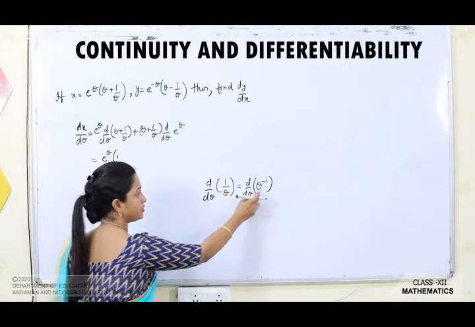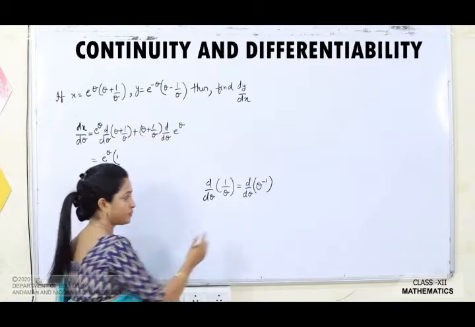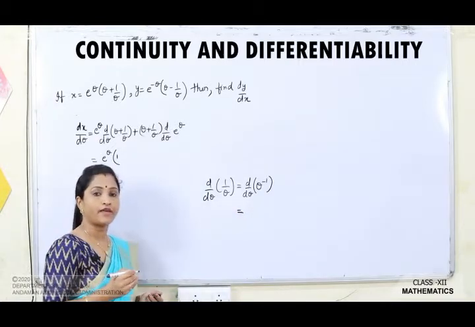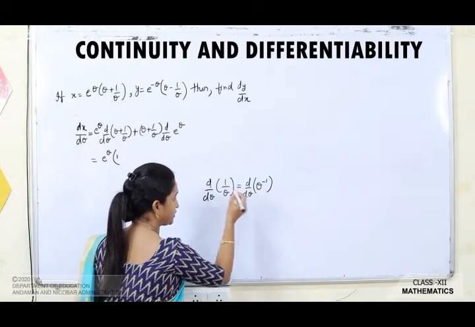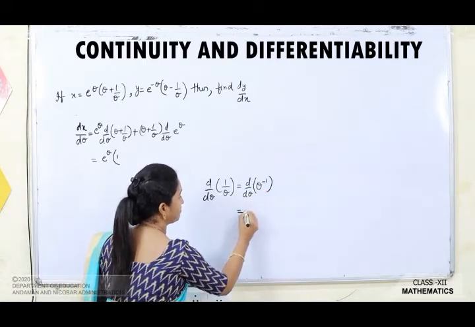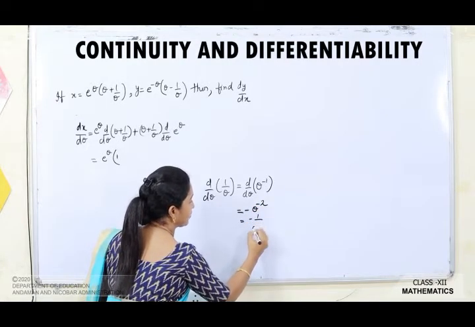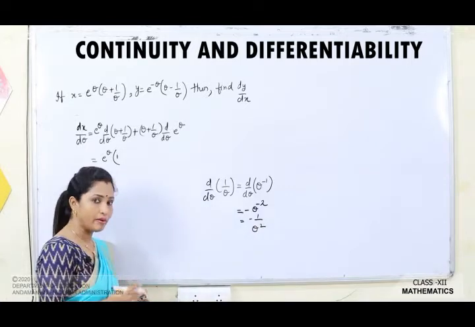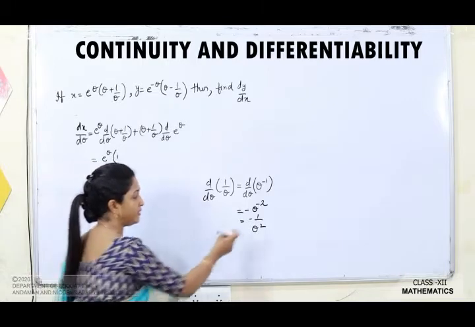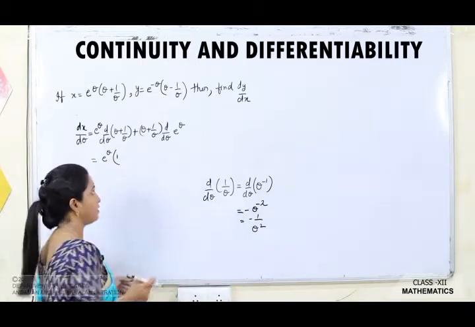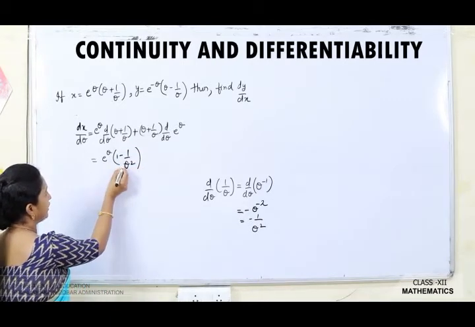Here it is 1, so when you are taking theta to the numerator, the power will be minus 1. We know that the derivative of x to the power n is n x to the power n minus 1. So, here when you differentiate and apply the formula, you are going to get minus theta raised to minus 2, which can be written as minus 1 by theta square. So, always remember that whenever you are getting 1 by theta, the differentiation of 1 by theta will be minus 1 by theta square.